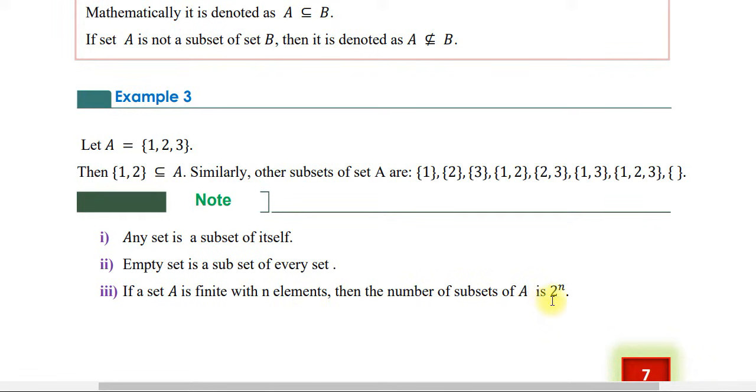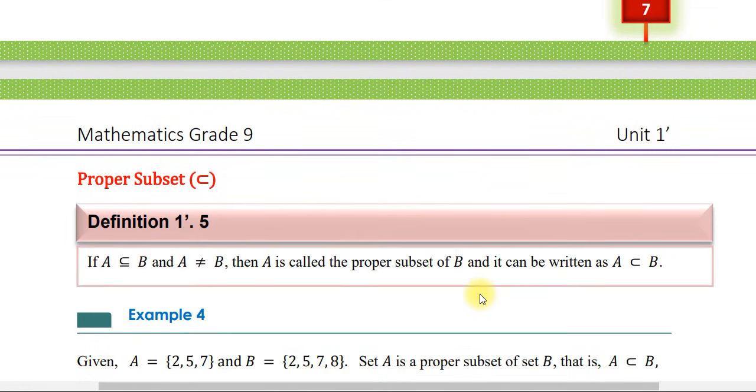subsets of A is 2 to the power of n። እንግዲህ A የተባለ ፋይናይት የሆነ ሴት ቢሆን ኦኬ ነምበር ኦፍ ሰብሴቶቹ 2 to the power of n ነው ማለት ነው። ለምሳሌ እዚህ ጋር ስንት ኤሌመንቶች አሉት? 1 2 3 ስለሆነ 2 to the power of 3 ማለት ነው፣ 8 ኤሌመንቶች ሊኖሩት ይገባል። እንቁጠር እስኪ 1 2 3 4 5 6 7 8 አይታችኋል። እንግዲህ ስንት ኤሌመንቶች? 8 ኤሌመንቶች 2 to the power of n በሚለው ህግ መሰረት ማለት ነው።